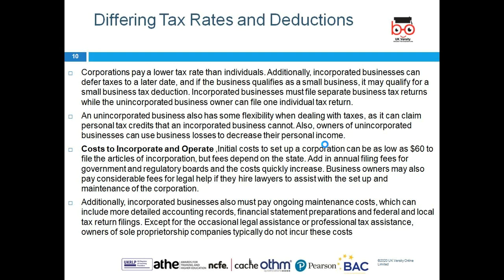Then corporations have different tax rates and deductions. A corporation normally pays a lower tax rate, like when Donald Trump reduced the corporation tax, from around 32% to 18%. It used to be 20 to 30%. So what will happen? Most companies, instead of going abroad, like